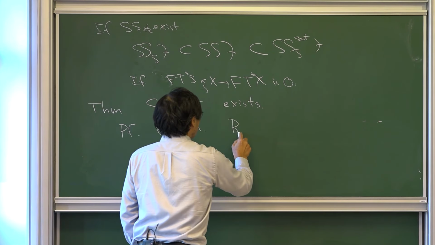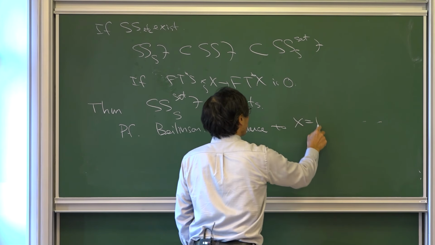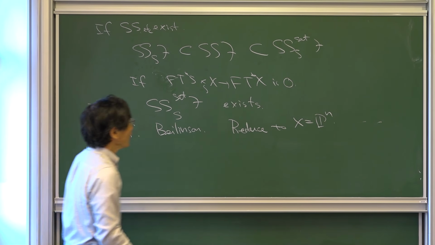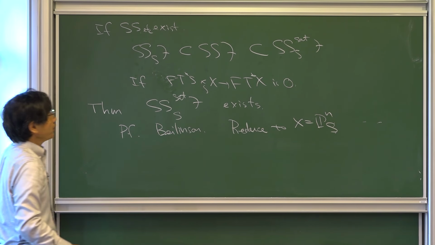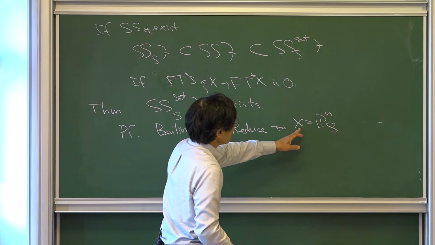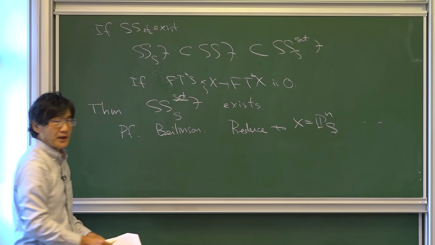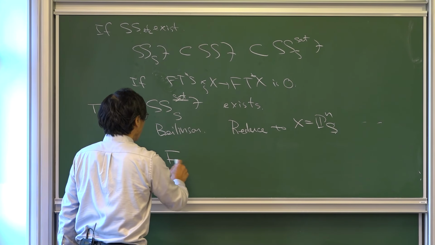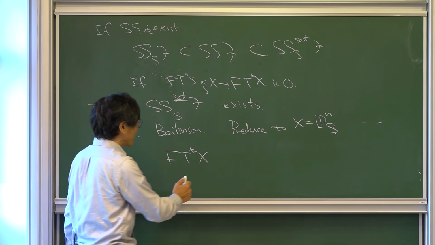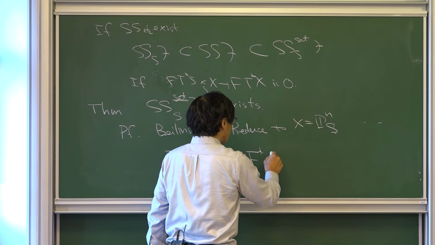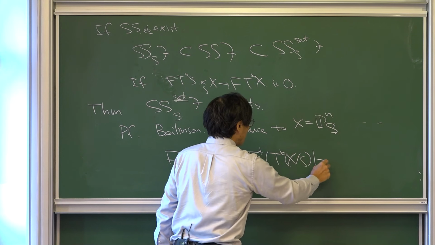So I can reduce to the case of projective space over S. And if your X is smooth, and if we consider only the saturated one, then instead of working with this cotangent bundle, Frobenius Witt cotangent bundle, we can also work with the Frobenius pullback